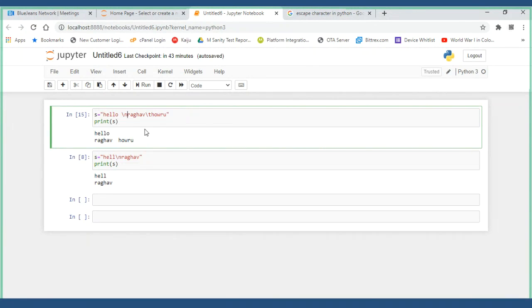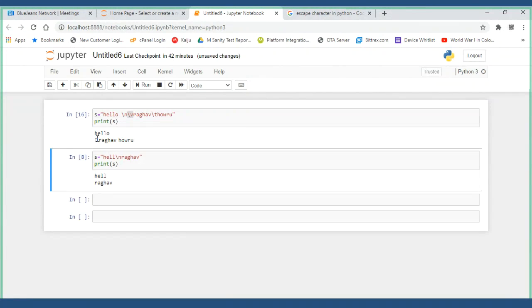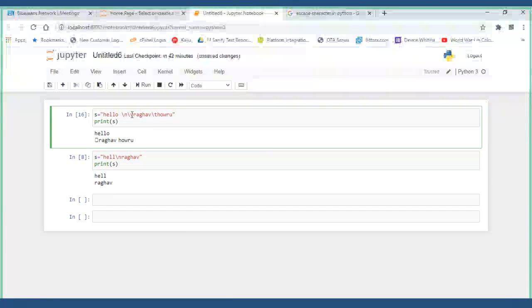So what I'll do is give /v also. An escape character followed by a new line and immediately followed by some other escape character. You can do that also. This is a special character. Okay, let me give it like this.